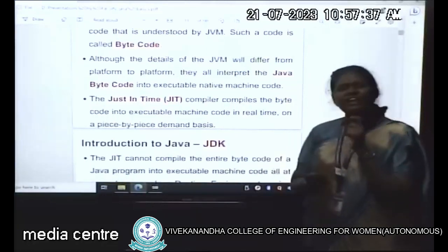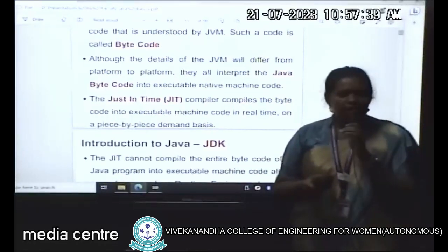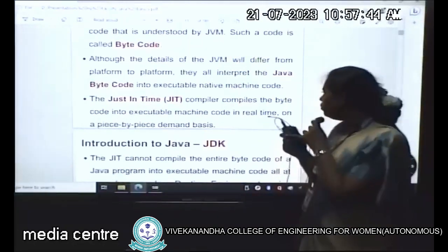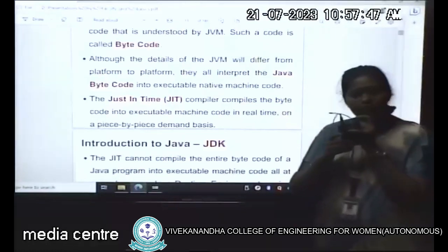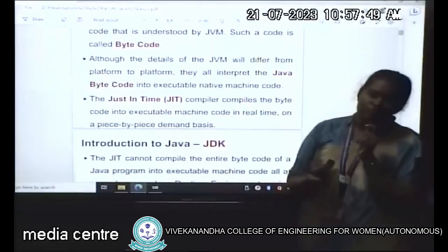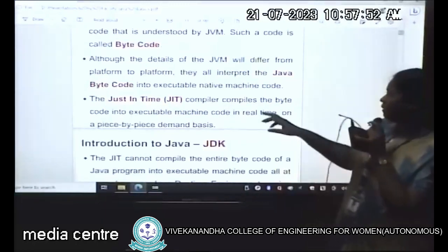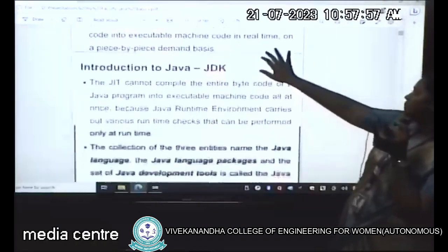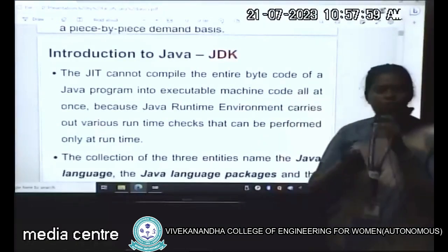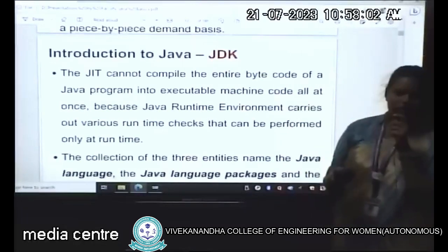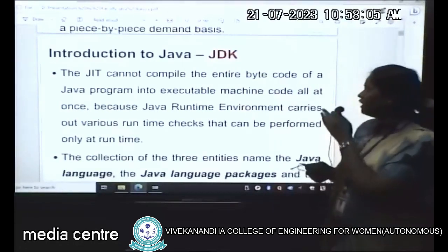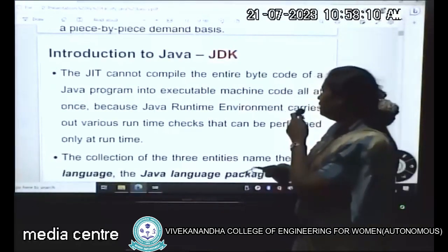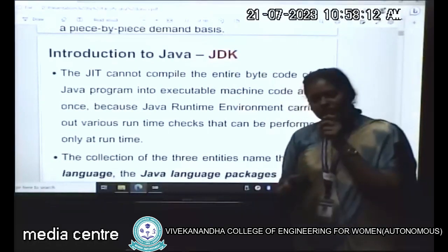Here there is a compiler called JIT, the just-in-time compiler. We give a set of instructions, and that set of instructions is a program. The bytecode can be executed as machine code that can differ from real time. How do we use JIT? JIT is the just-in-time compiler that compiles the entire code of your program into machine language. That is handled by the JRE.